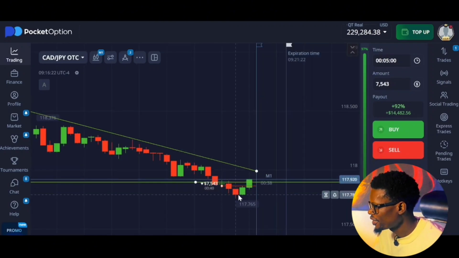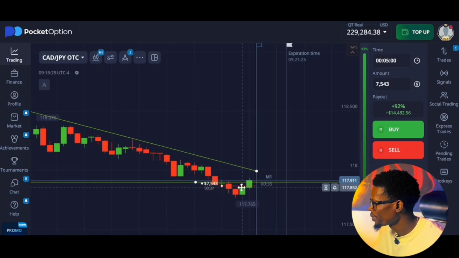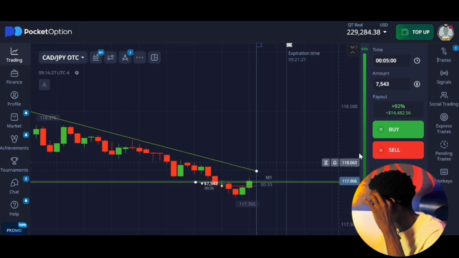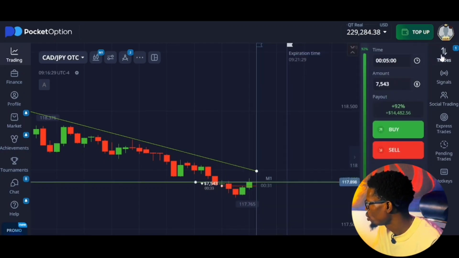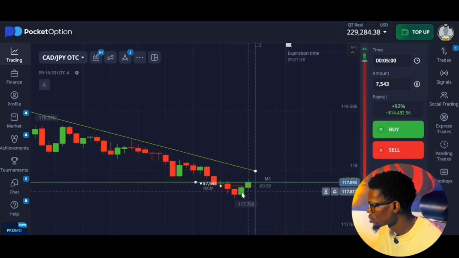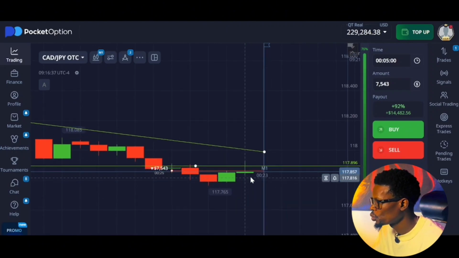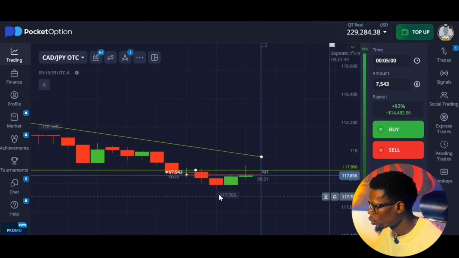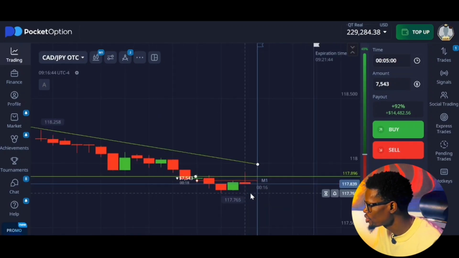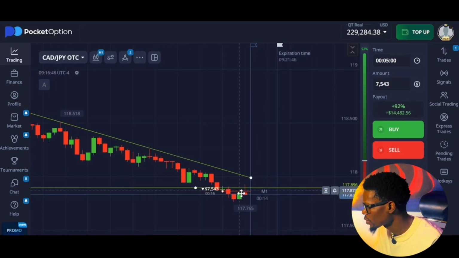So right here, what we are having is this buyer stepping in and moving the price strongly into our zone of entry. And as it stands right now, it looks like we are losing this trade. We have a few more seconds before we can know the fate of this very beautiful trade. This candle right here has to close as a red candle, otherwise we are going to be losing this very trade. But of course, we are going to stand our ground and wait for the next 16 seconds,